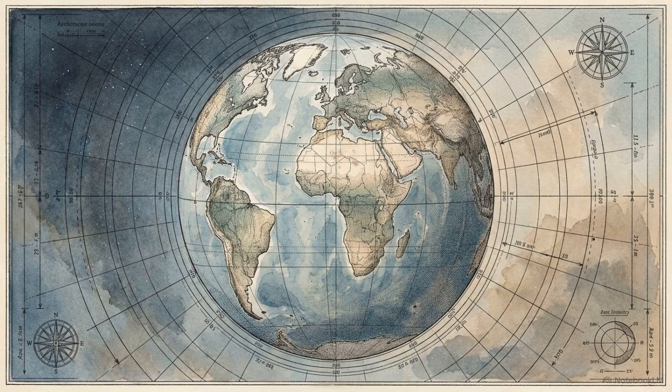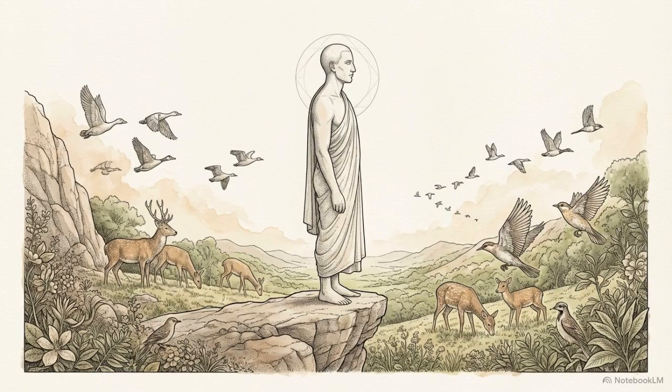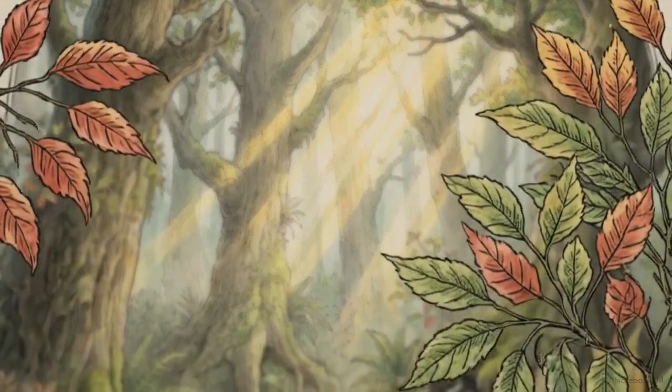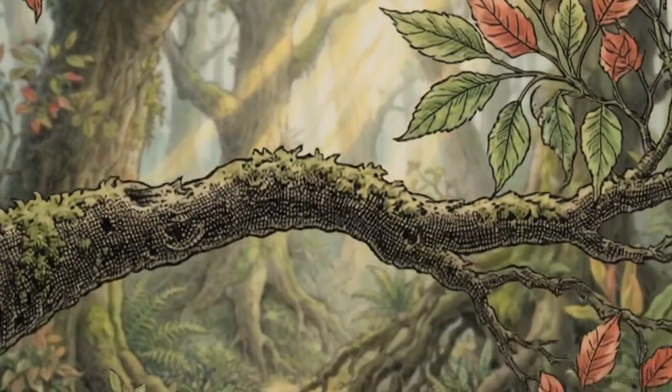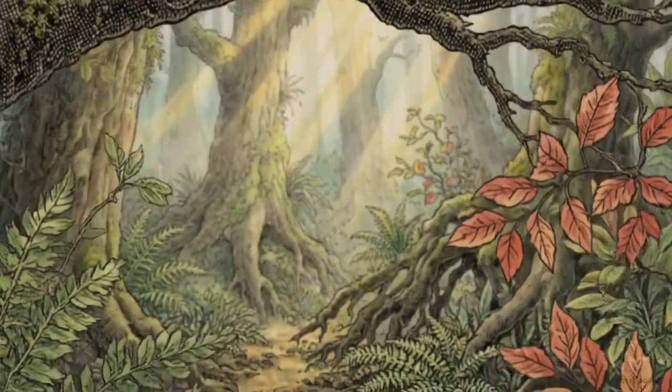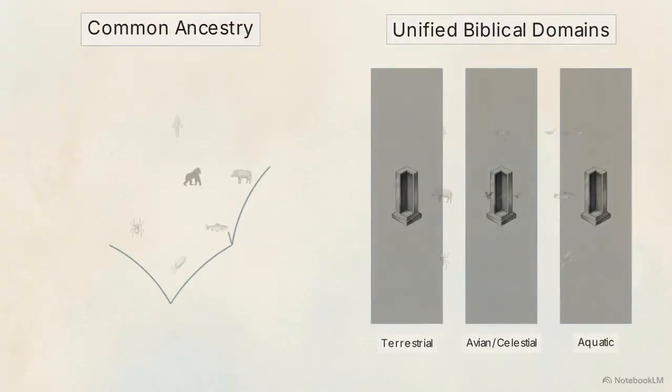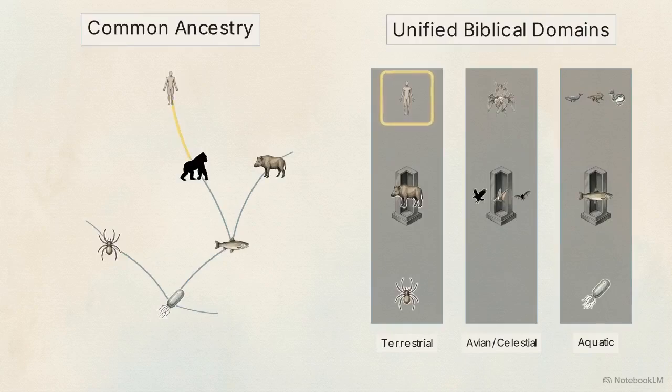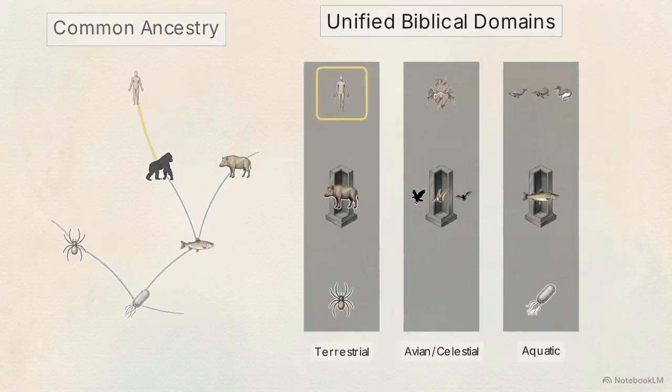Adopting this framework treats the Earth as a deliberately engineered stage. Every domain, habitat, and organism occupies a place designed in relation to mankind. As Berndt concludes, biology should be an act of worship, a journey into the creative mind of God. The unified biblical domain taxonomy offers a comprehensive alternative structure to modern evolutionary biology.